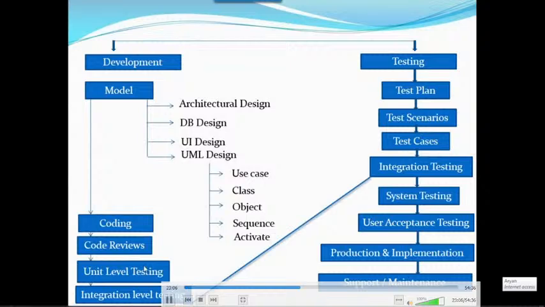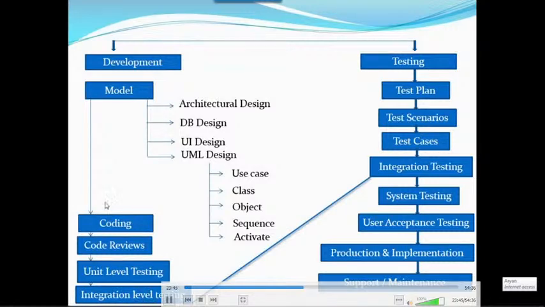What is unit level testing? Can anyone tell me? What kind of testing does the developer always do? Unit testing, white box testing, or component testing. Yes, white box testing. Excellent. I told you, the developer always does one kind of testing, white box testing, because they need to check whether their code is working properly or not. So the developer will do unit level testing. It's nothing but structural testing, and integration testing. After that, what will they go with?